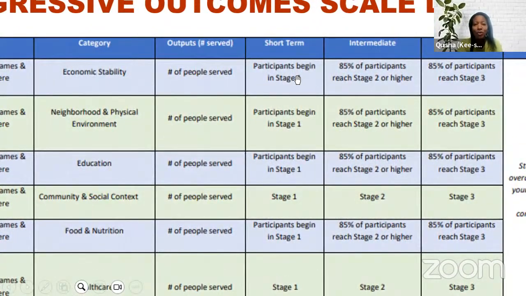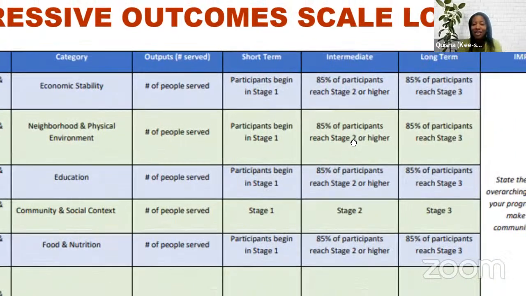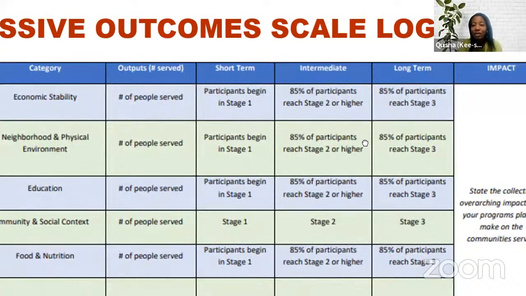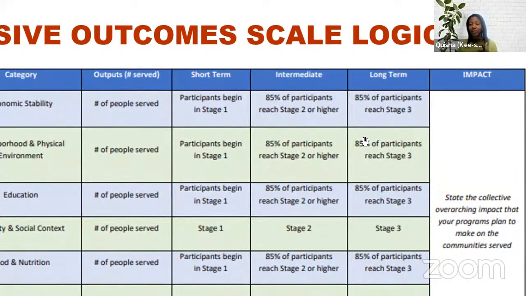So you see in the short term, stage 1 is where most of the participants will be when they first start our program. That could be within the first 2 weeks or however long the program is. For the next intermediate stage, we're hoping that at least 85% of our participants will reach stage 2 or higher. And then in the long term, that might be a year into the program, however long our program might be,